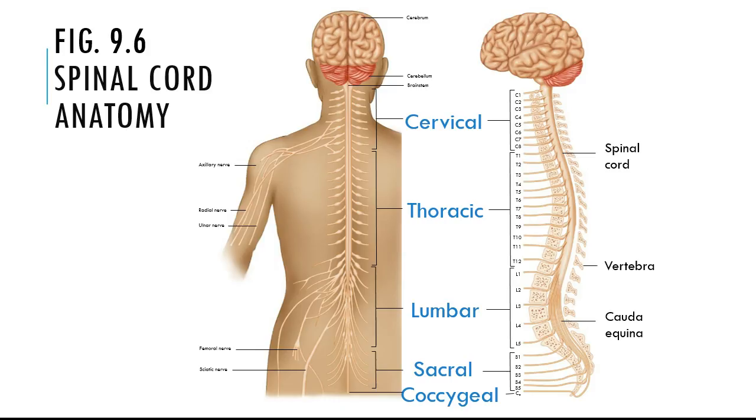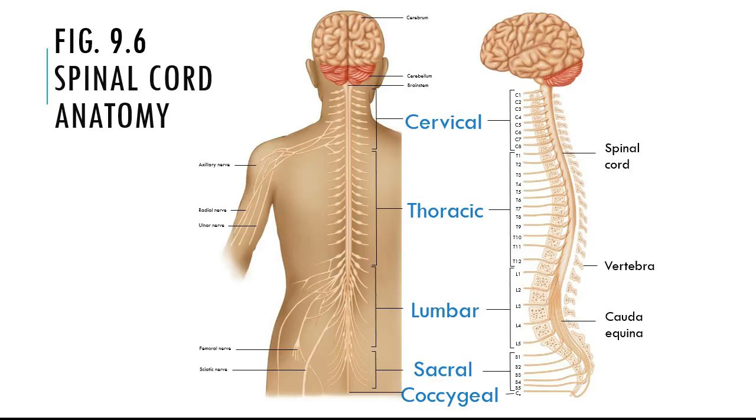We can refer to figure 9.6, to review the spinal cord anatomy, which we introduced last week. We'll talk some about this week because it's hard to talk about the central nervous system and not the peripheral nervous system. Hard to talk about the spinal cord and not the spinal nerves. I try to mention in most, if not all labs, that the spinal cord into adulthood terminates about mid-back. And then the lower portion of the back is not the spinal cord itself, but the various spinal nerves extending down. And the spinal cord is an extension of the brain, and specifically the brain stem. And then peripherally, we would have our spinal nerves branching off of it.